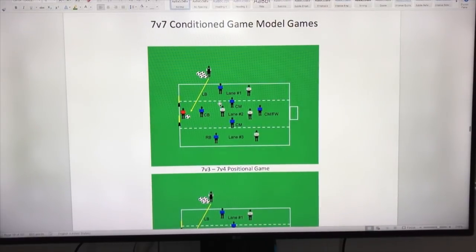Again, this is some more conditioned stuff. So now we have the goalkeeper, and so the coach rolls in the ball, and the 2 center mids stay in that center lane, the center back stays in the center lane, left and right back stay in their outside lanes, and the center forward stays in the center lane. Now what I'll say about this is, and you can see this is 7 versus 4,